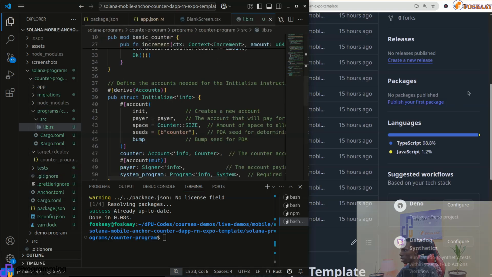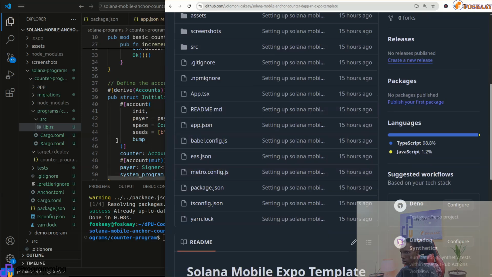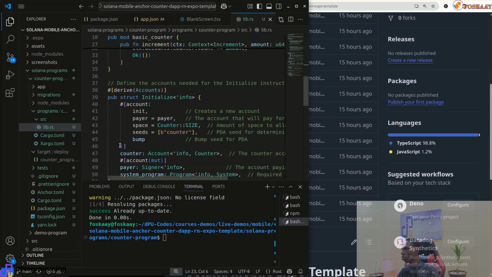It doesn't get committed into the public, because it contains private keys and things like that. So because of that, this key now will not generate the same